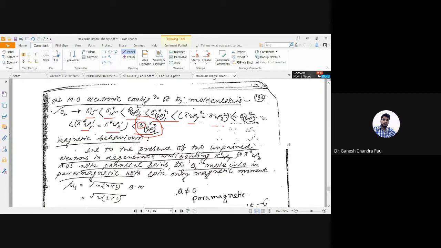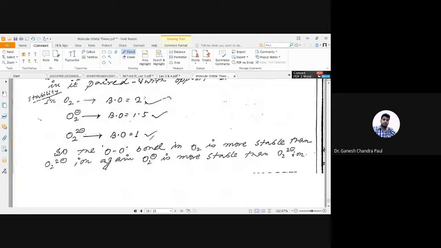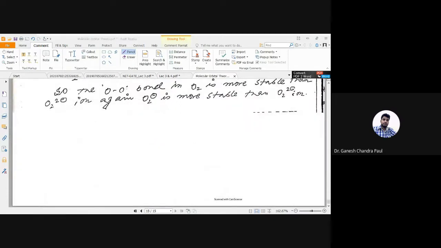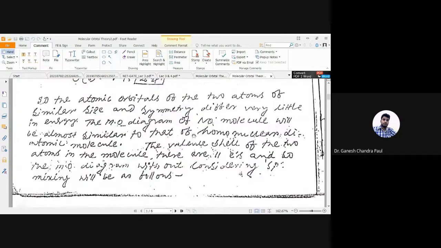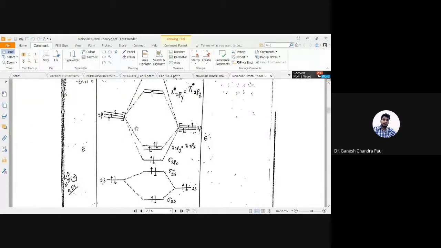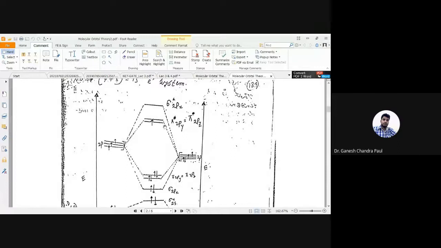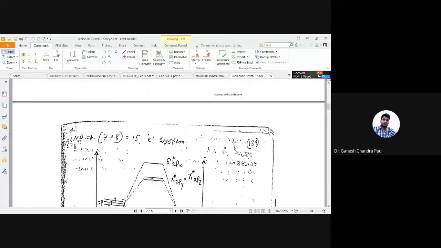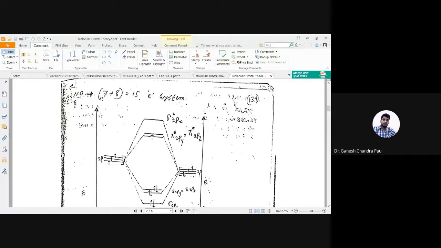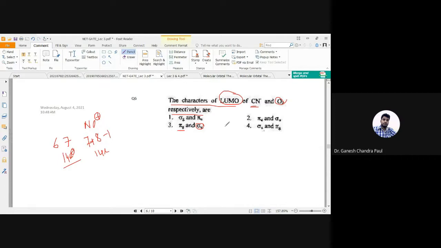Now if you look at the MO of a heteronuclear diatomic molecule, let me open another file. Yes, NO, a heteronuclear diatomic molecule, similar kind. Here also you can see that in case of NO, this is a 15 electron system, but as we are talking about a 14 electron species, it is NO plus. Therefore in case of NO plus, the LUMO is of pi character, right? So in this way, you can see that it is a pi g. G means gerade symmetry. So option 3 is the correct answer.